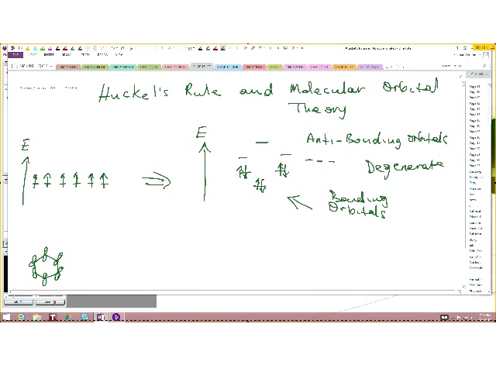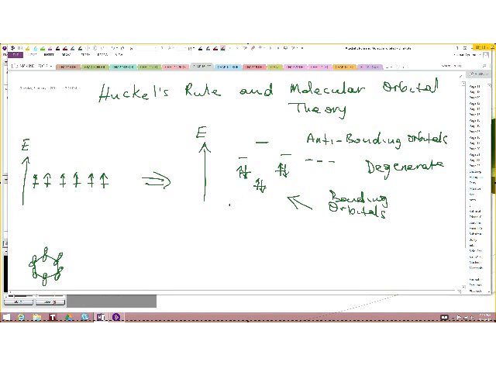In the case of benzene, you notice here, all of the bonding orbitals are completely filled. And that is why benzene is very stable. In this case, you have 4n plus 2 equals 6, where n must be 1. Now, if you have,